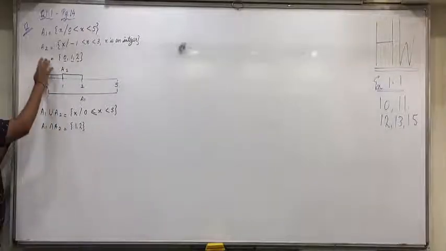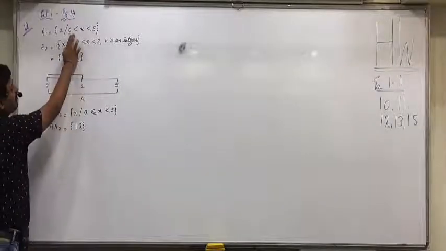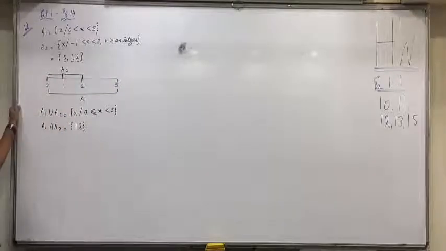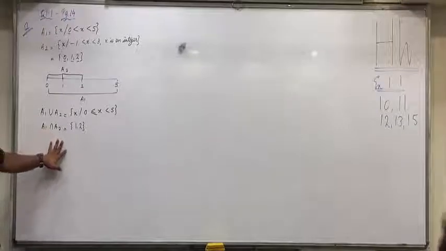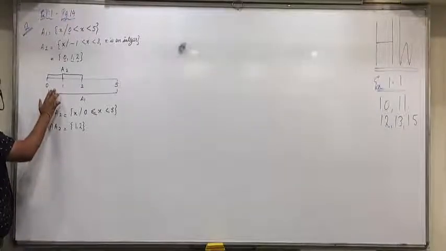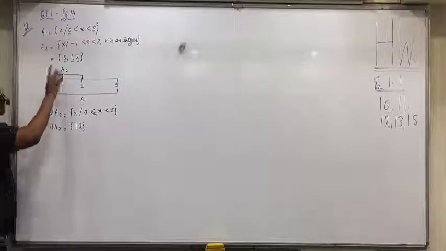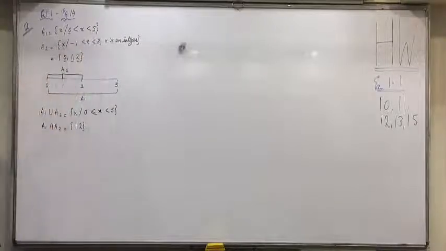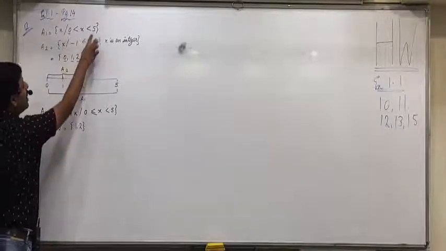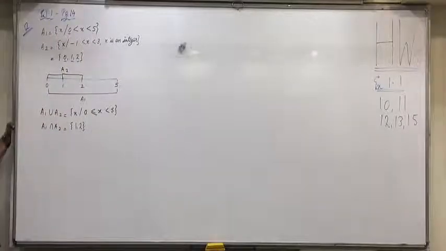Now, see, if both were like 0, 1, 2 and 1, 2, 3, 4, then no need to make a number line. Then it is like the previous question, and you can easily find A union B and even A1 intersection A2. When do we have to make this number line? When at least one out of the two is in this form, where infinite numbers are included, then make the number line. So make the number line in ascending order with all the numbers 0, 1, 2 and 5 in ascending order.